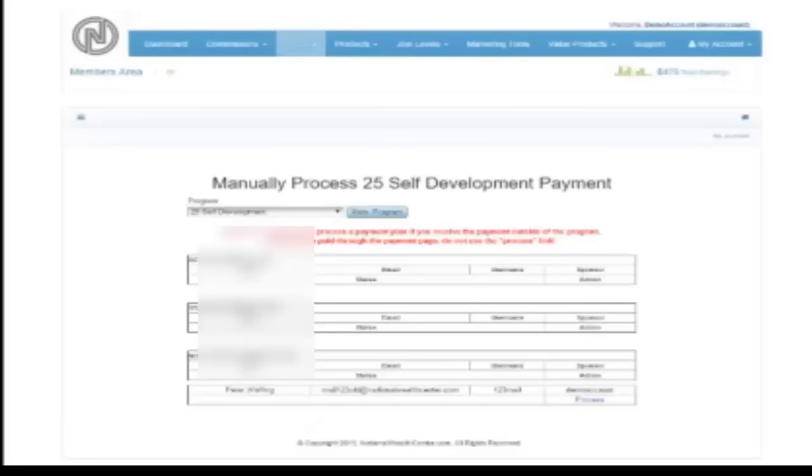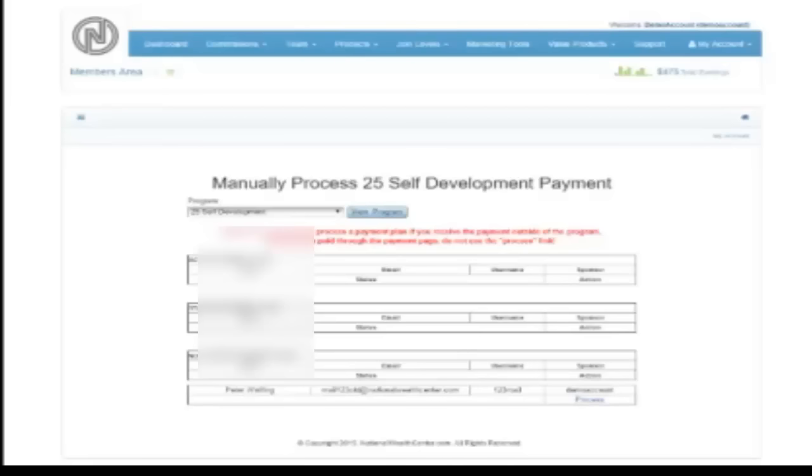Marking payments received is right over here. And again, we mentioned before that if you have payments collected outside the system, then you would be able to mark people paid. So I put one here just specifically, and let's just say that this person here paid you for the $25 level,